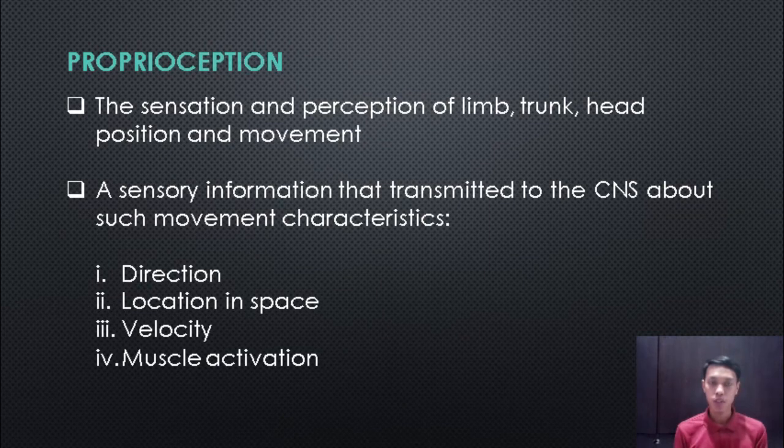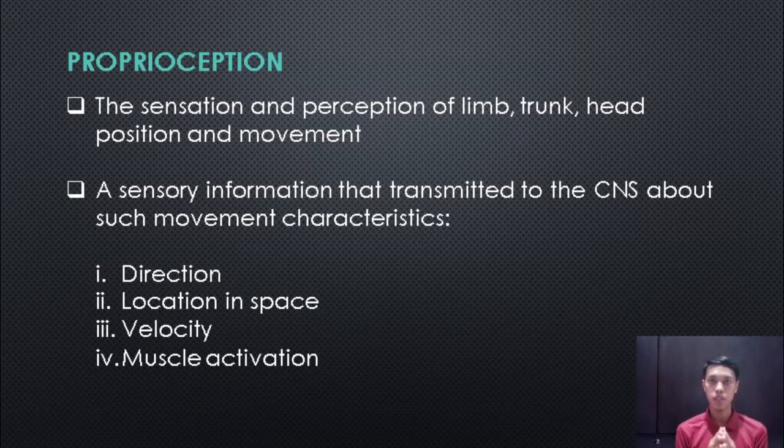We proceed to the second component, proprioception. So proprioception is the sensation and perception of limb, trunk, head position and movement. Proprioception is sensory information that is transmitted to the CNS about such movement characteristics, for example, direction, location in space,